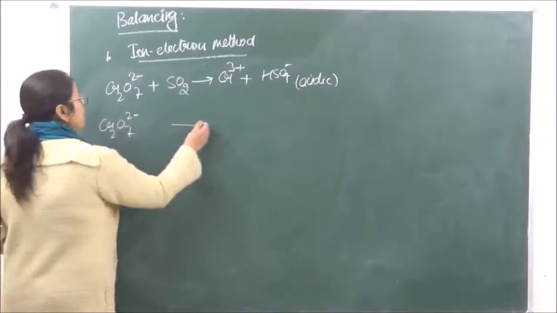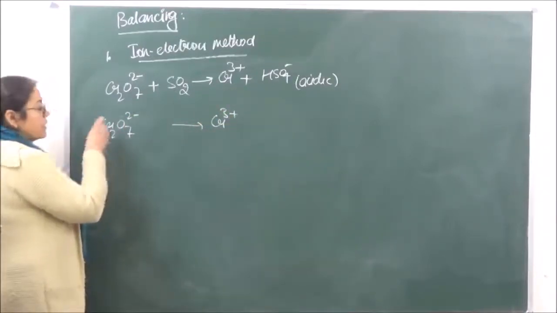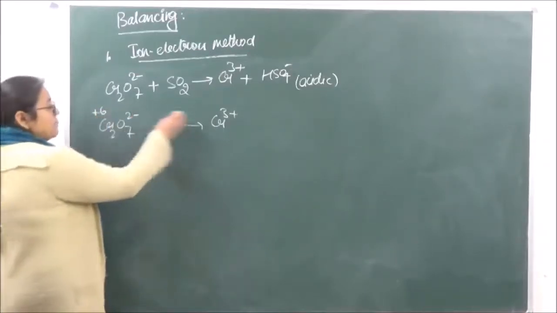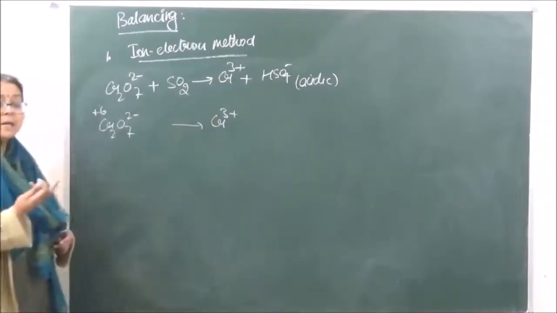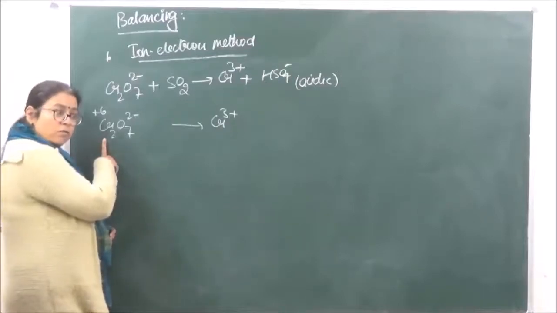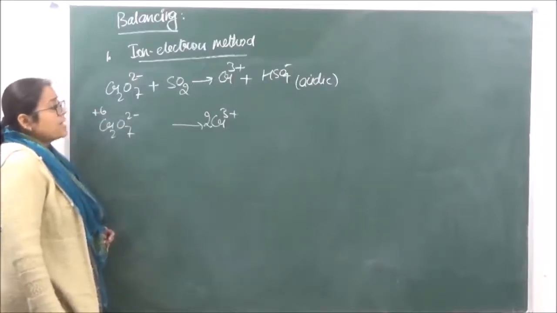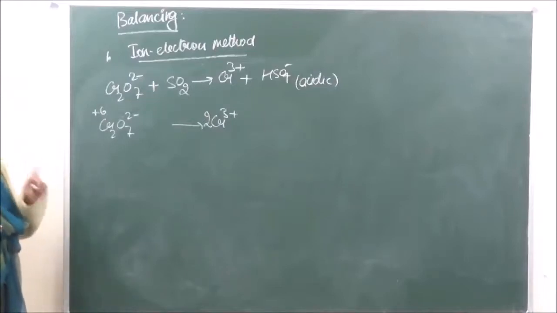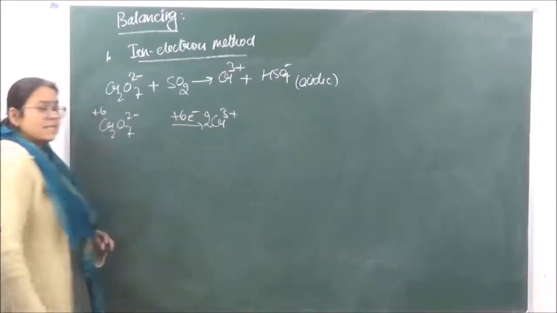We have Cr2O7 2 negative to give us Cr3 positive. The oxidation number of chromium over here is going to be plus 6. ठीक है? अब यहाँ पे plus 6 से plus 3 जा रहा है. So that means 3 electron exchange is taking place per atom. As you can see over here, there are 2 atoms of chromium. So we directly balance the chromium atoms. And according to that, we have to take the electron exchange for 2 chromiums. If for 1 it is 3, then for 2 it is going to be 6. So 6 electrons means there are going to be plus 6 electrons.